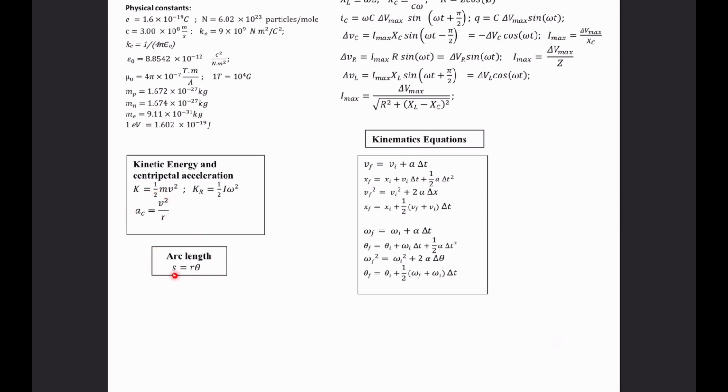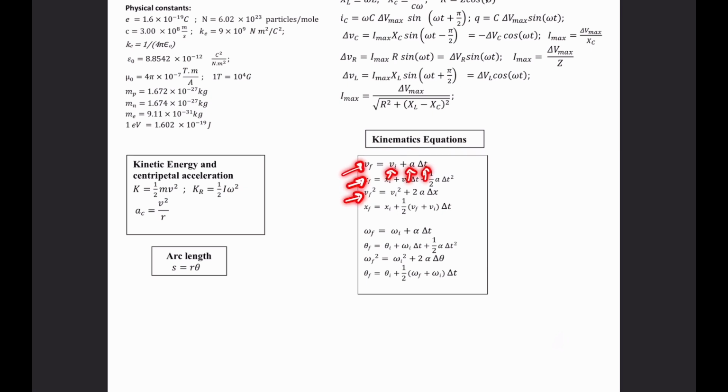Arc length is s. It equals r, the radius. So if you have a circle like this and you want to find this arc length distance here, you take the radius and you multiply by the angle that that arc length produces. Boom. And then we end off with some kinematics equations from classical mechanics course: final velocity, initial velocity, acceleration, time,